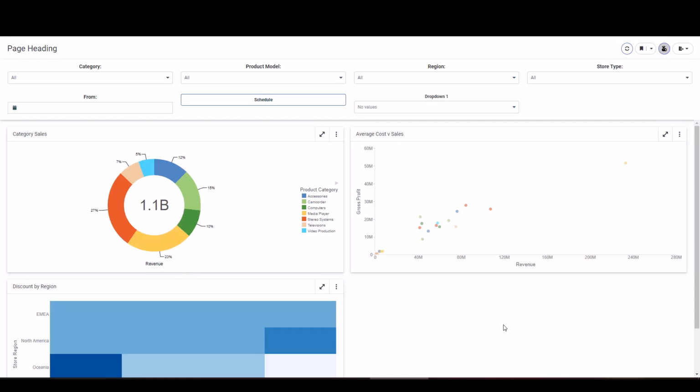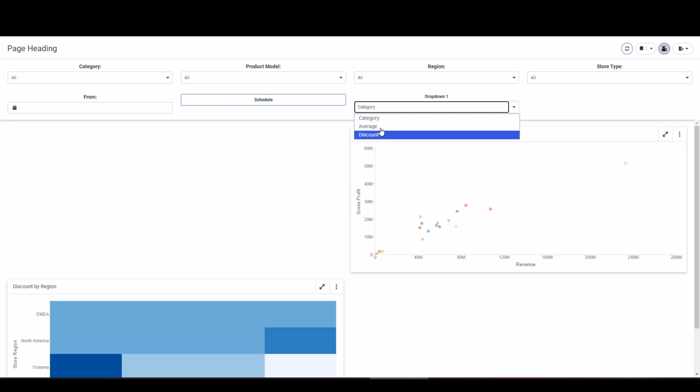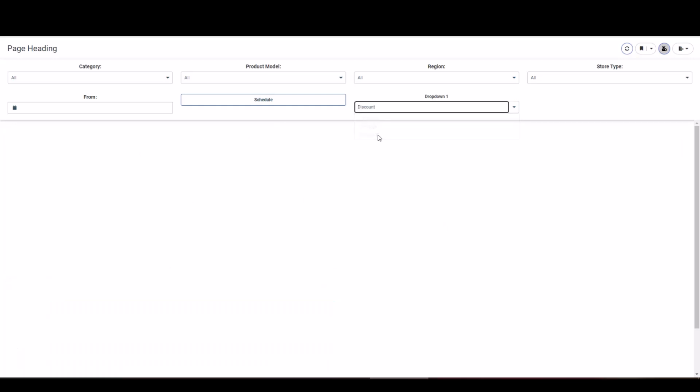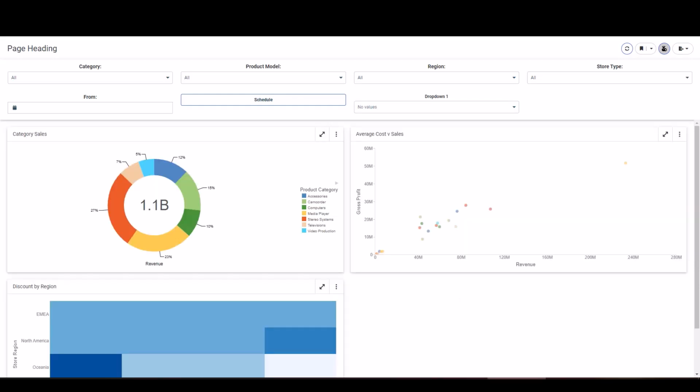The next thing we're going to take a look at is hiding of panels based on selections within the dropdown. Remember, I had a condition where if I select category, it applies a hide option to the category panel. And you'll notice we have that for the other panels as well. And I do see this being used more for parameters as well. There's also interactions you can add to reshow the panels as well. And the last thing I'm going to show you is how the click event can do something like populate a new window. So remember we added the click event to category sales to populate that same chart in a page